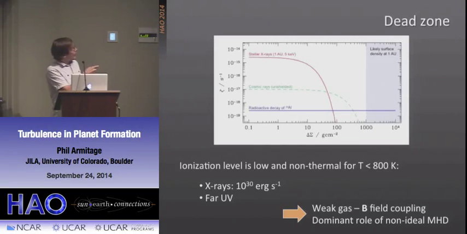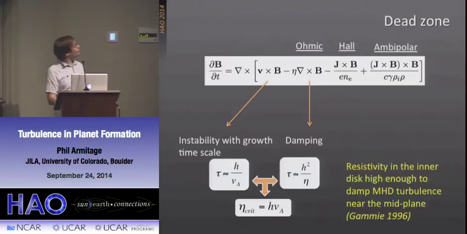So because of this, we have low ionization levels, we have quite weak coupling between the gas and the magnetic field, and we have a dominant role of these non-ideal MHD terms. So we can at least qualitatively see how that might work by just considering the induction term here and the ohmic diffusion term here. So if we did a calculation with just the inductive term here, we would be in